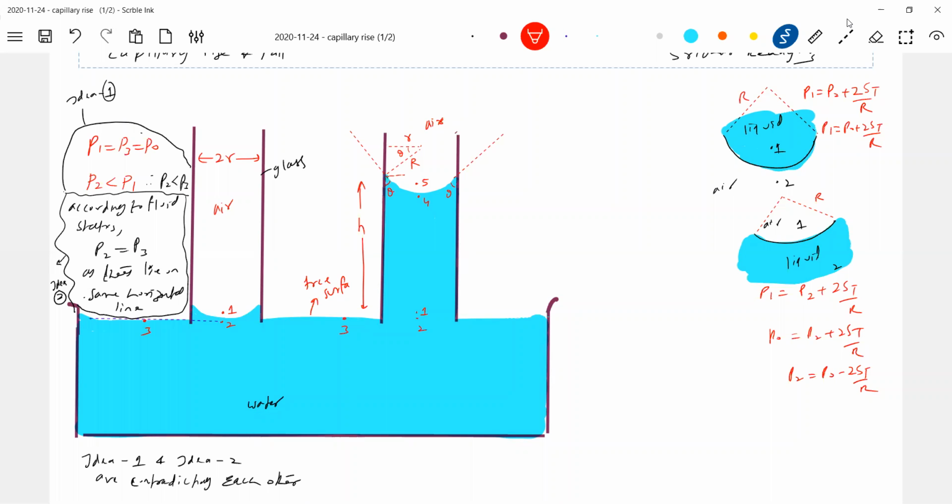This is very important. Okay, let's get into all the things one by one. So what is H? H is measured from here. Now what will happen? Pressure at 3 equals 2, because this is wrong. Something is wrong. This is what is correct. Okay, now let's go one by one. Let's write all the things. What is the pressure at 5? What is capital R? Small r is the radius of the capillary tube.